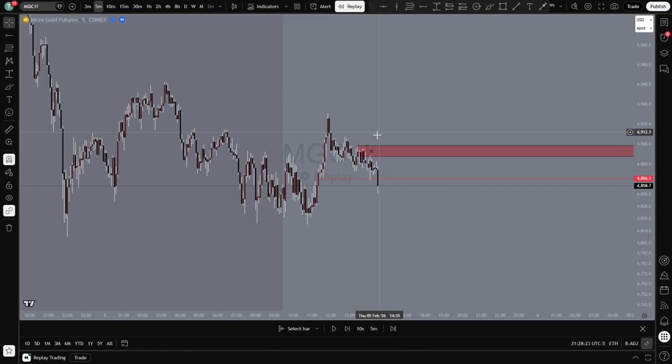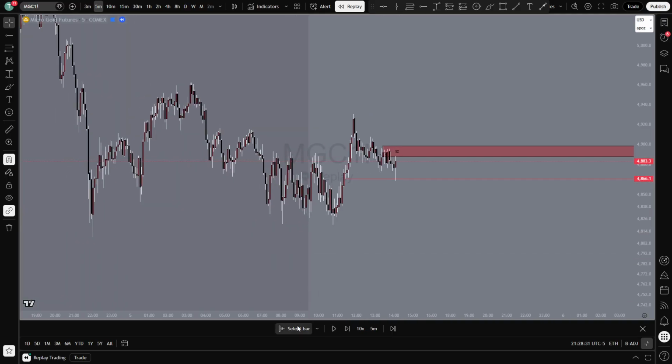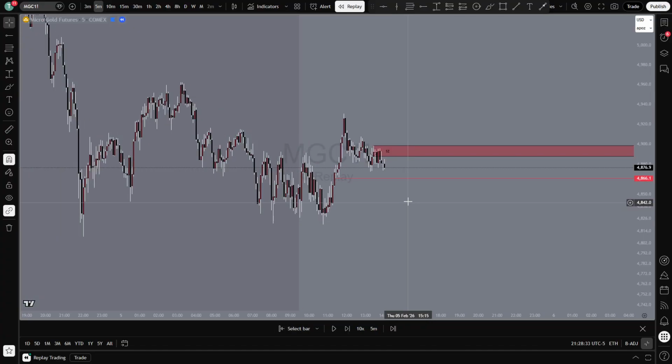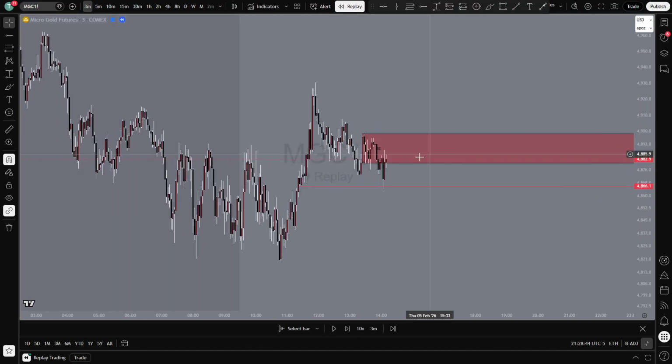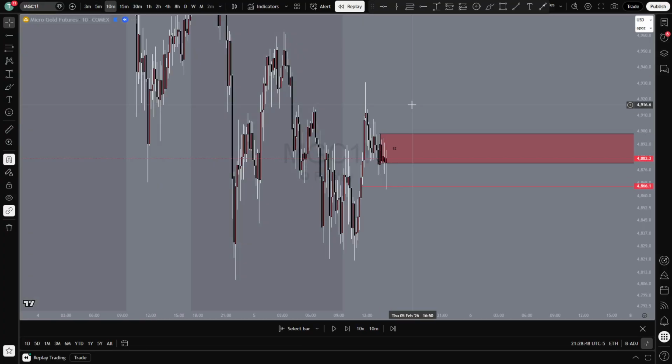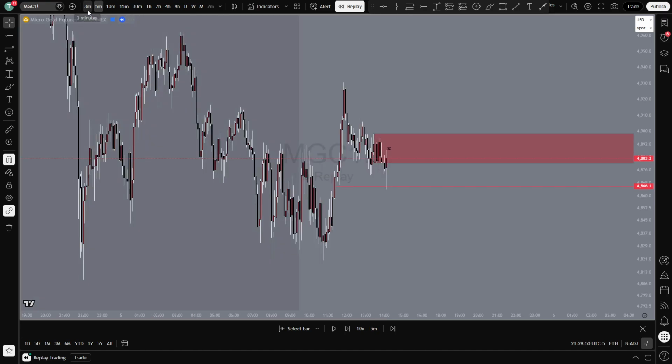Boom, or even like this, but I don't think it would have been filled had you done it like that. Look at that evidence wick right there. Oh no, no, never mind. We got the break, and as soon as we got the break, look, boom, I'm immediately back into this rally base drop area. You can see it on the 3 minute here, maybe on the 10 minute. No,